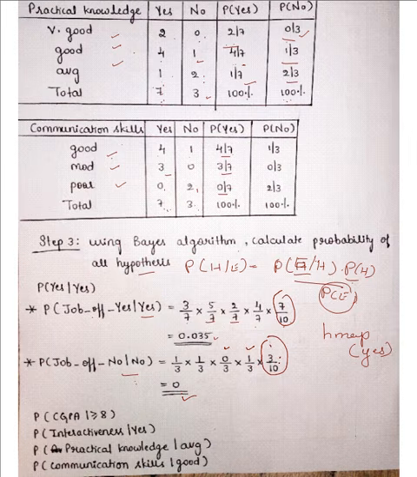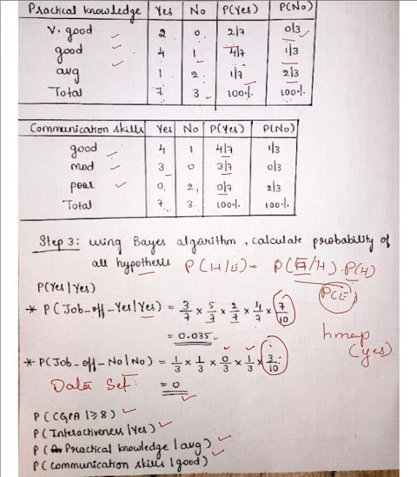Job offer yes on yes is 0.035. Next, what is the sample data set given to us? The sample data set is: CGPA greater than or equal to 8, interactiveness should be yes, practical knowledge should be average, communication skills should be good. So if these are the input data given, what is the probability of occurrence of the job offer event, yes